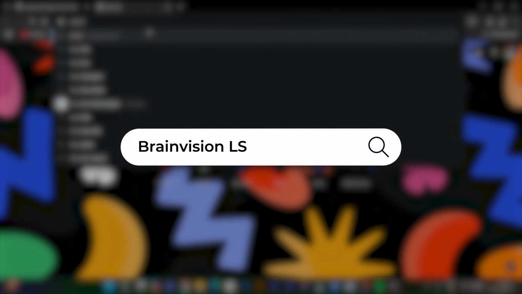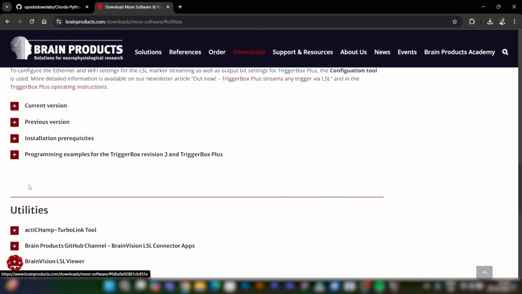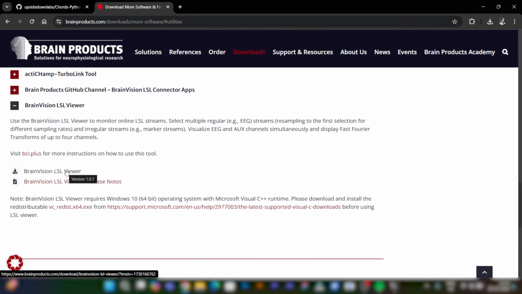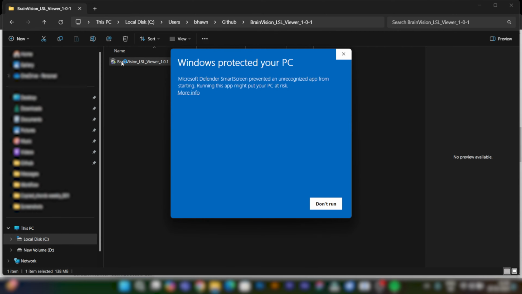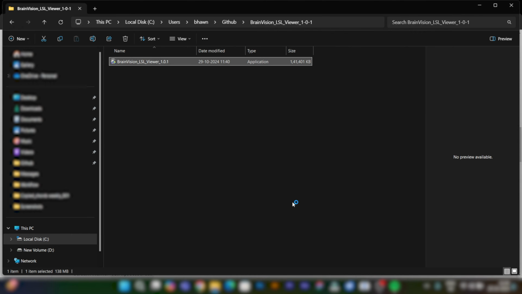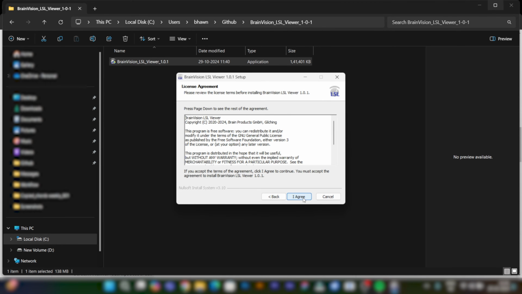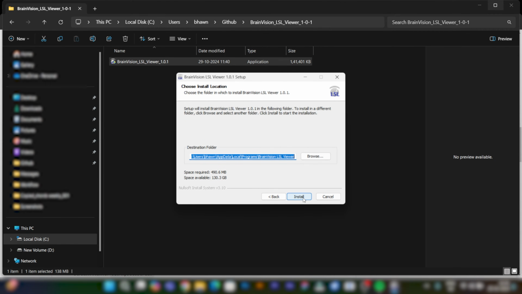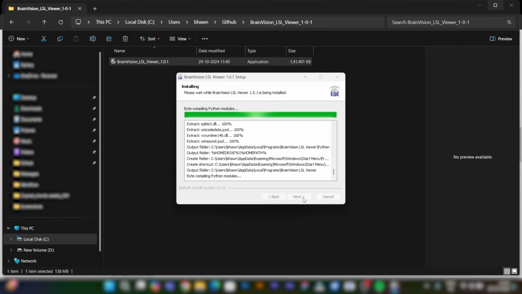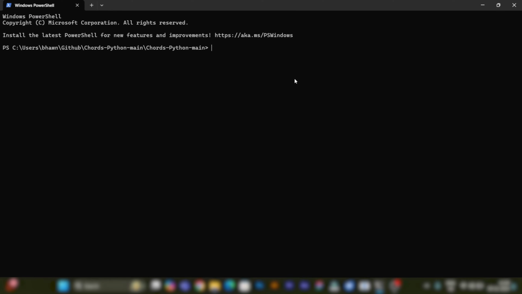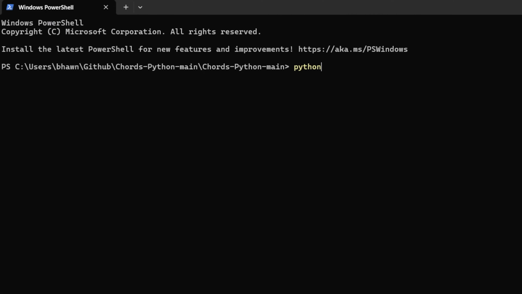Now let's download the BrainVision LSL Viewer application. The link is in the description box. To install, double-click on the file you downloaded, then click on Run Anyway, Next, I agree, Next, Install, and then Finish. Now you can start the Python script by running python code.py in the terminal, which will display all the